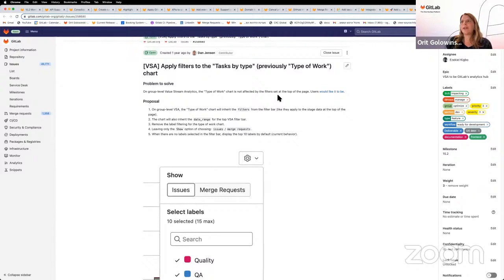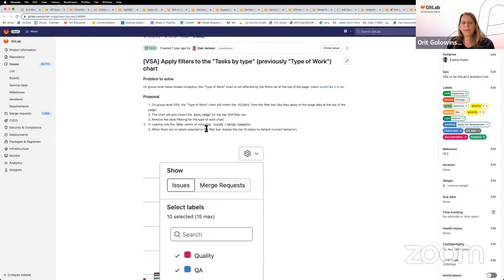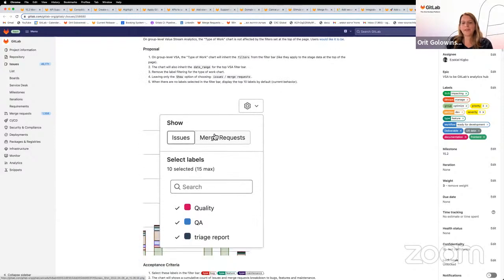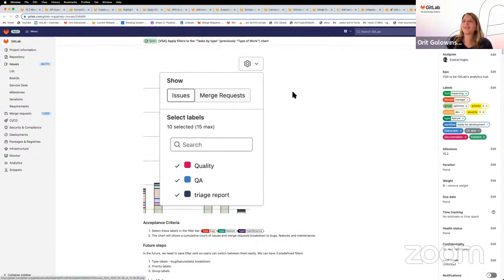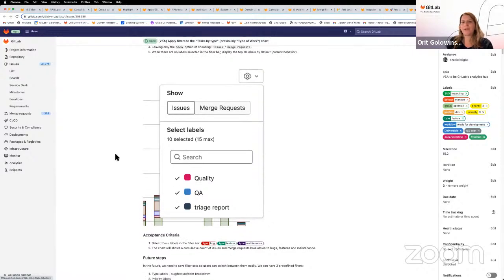And last but not least, we're going to be improving the way that people can view usability improvement that you can easily see today on the tasks by type chart. It's really hard to find how you're going to filter and sort. It goes by labels. And so we're going to be improving this experience so that it will be easier to use and more intuitive. And passing it to you, David, to wrap up.